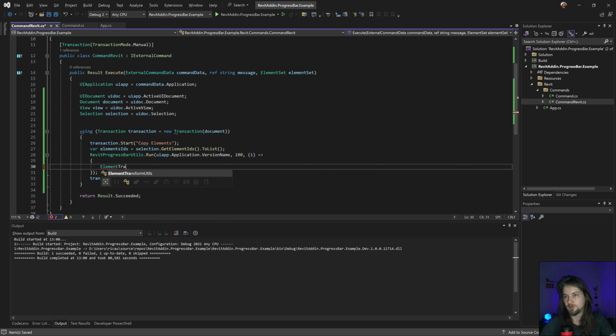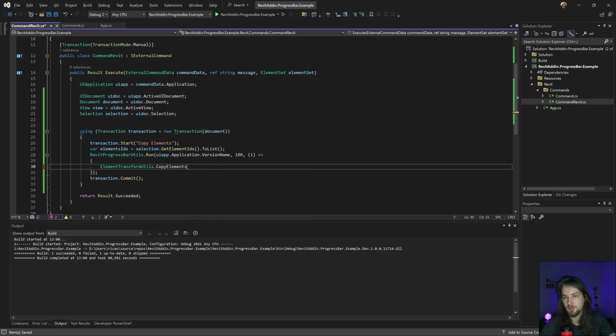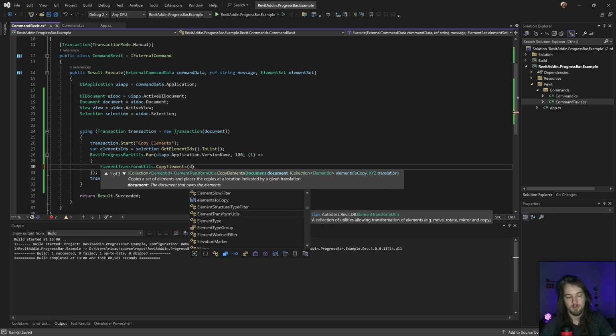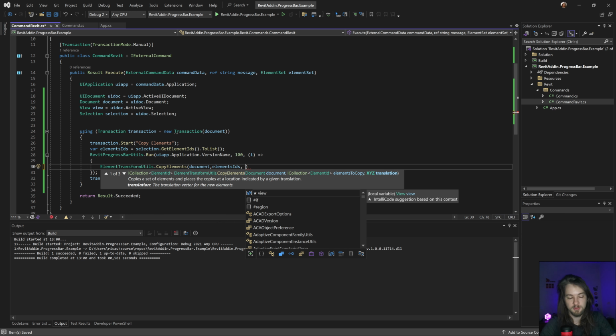I always forget transaction users. This one, yeah. Dot copy elements. Yes, I guess. I need the document. I need the element ID, and I need that distance, I guess.